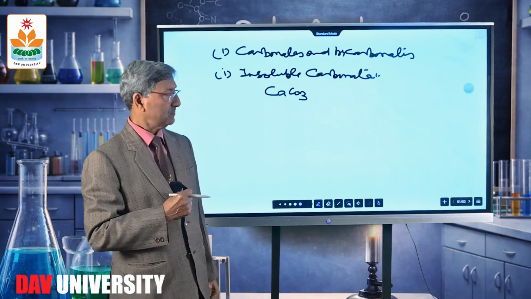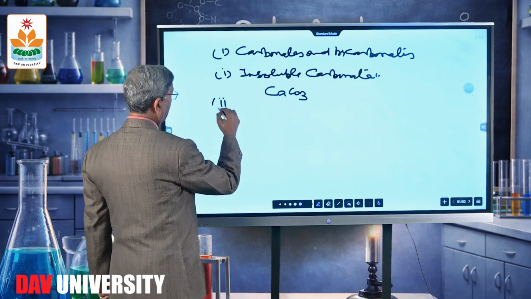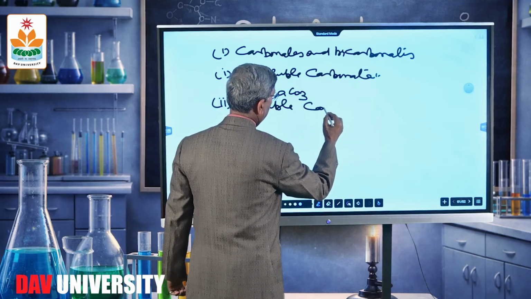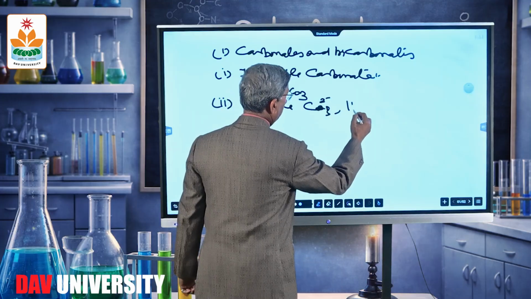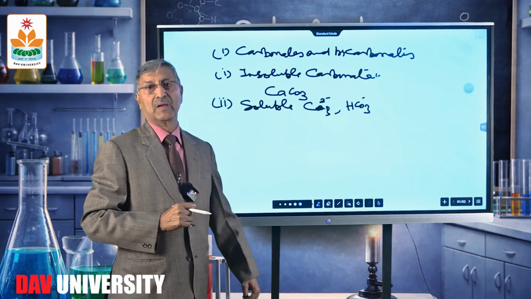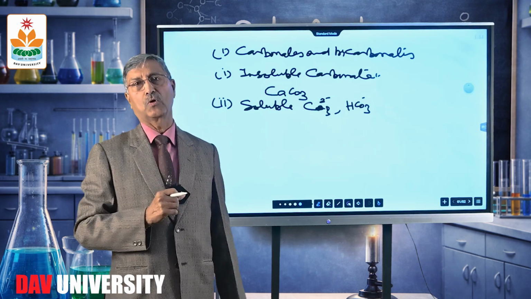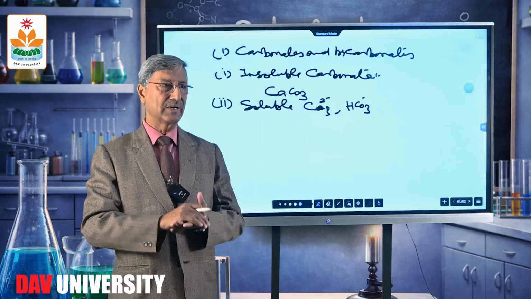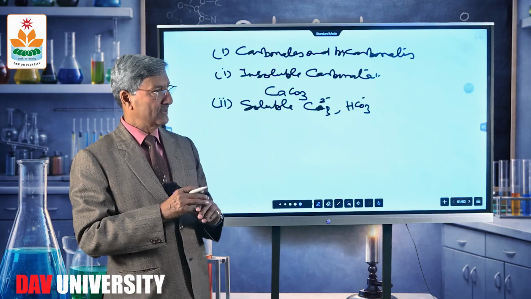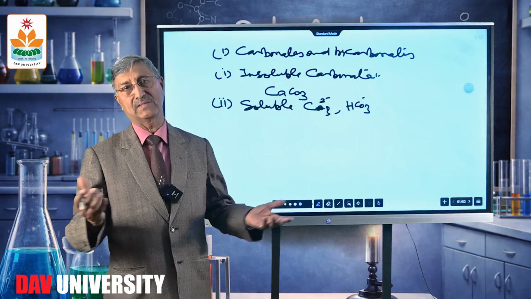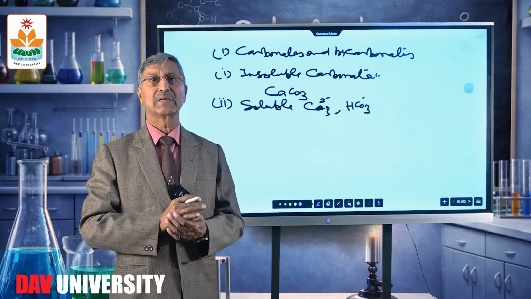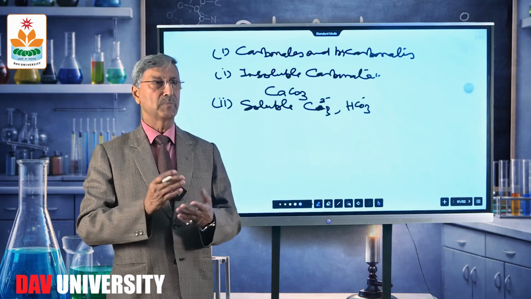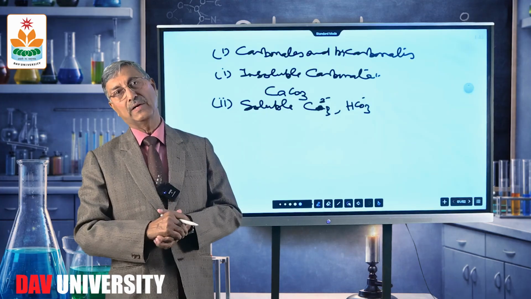But suppose, second, we take the case of soluble carbonate, bicarbonate. Now, as I said earlier, we shake the salt with water, and then divide it into two parts. One is residue, the other is solution. We added a few drops of H2SO4 to the residue. We did not get any gas, although we had got carbon dioxide gas in the dilute H2SO4 test. Then the chance is that it may be soluble carbonate or bicarbonate.